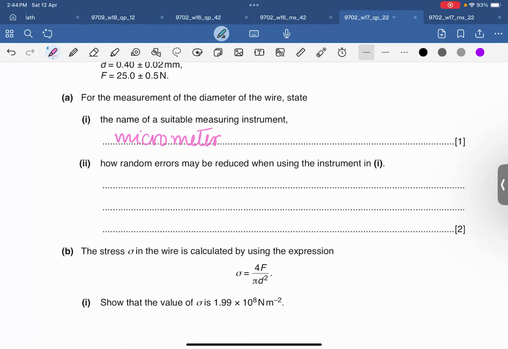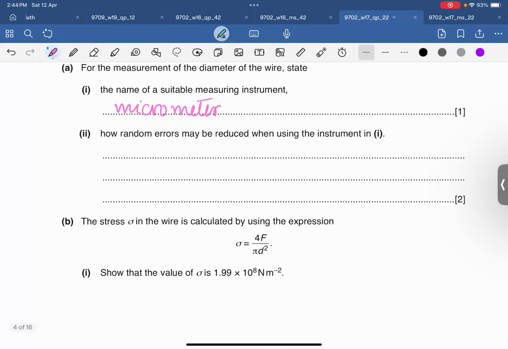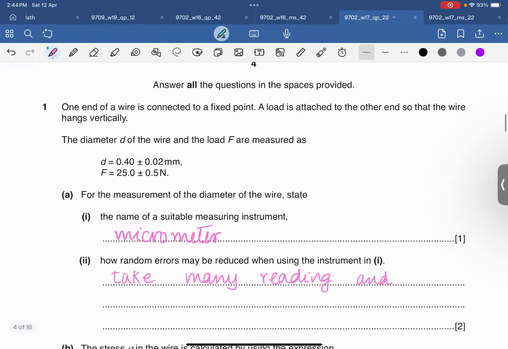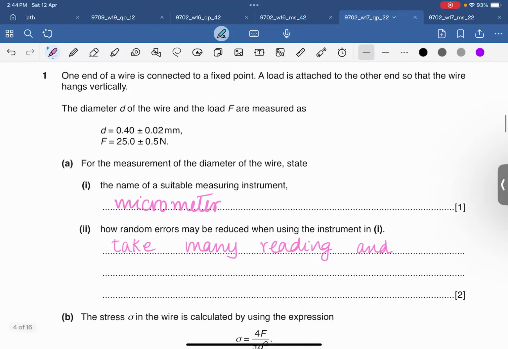How may random errors be reduced when using the instrument? So simple: take many readings and find the average. Take many readings, okay. अच्छा, take many readings of what? You have to relate, ना. So of the measurement of the diameter. Okay, take many readings of the diameter and use the